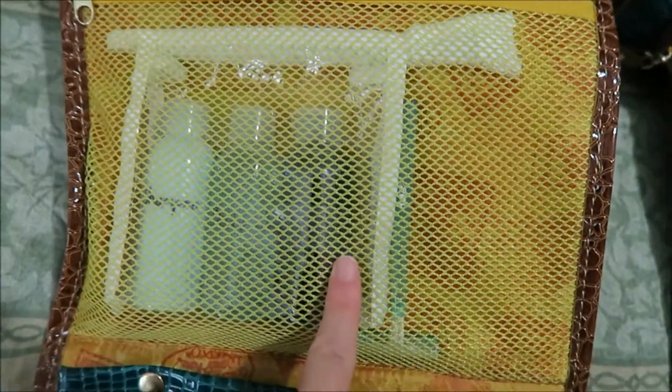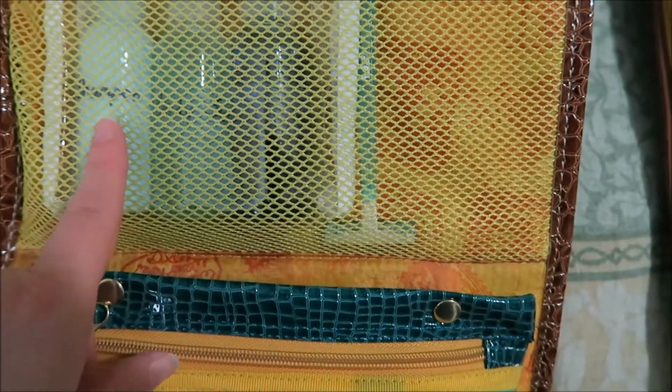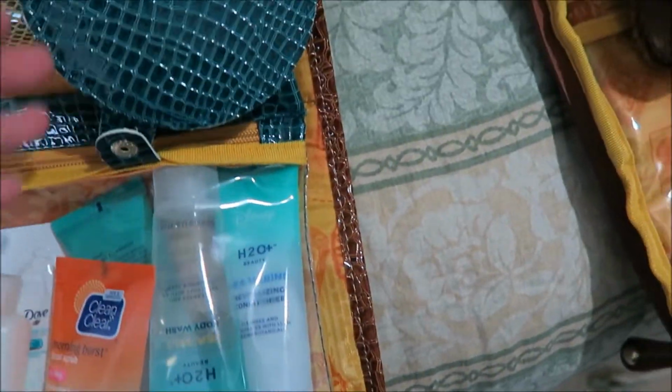This middle part, through the mesh part, has 3 bottles individually labeled for Matt's shampoo and body wash, and then he also has a body scrub. And then I packed 1 razor for me. And then this part has...